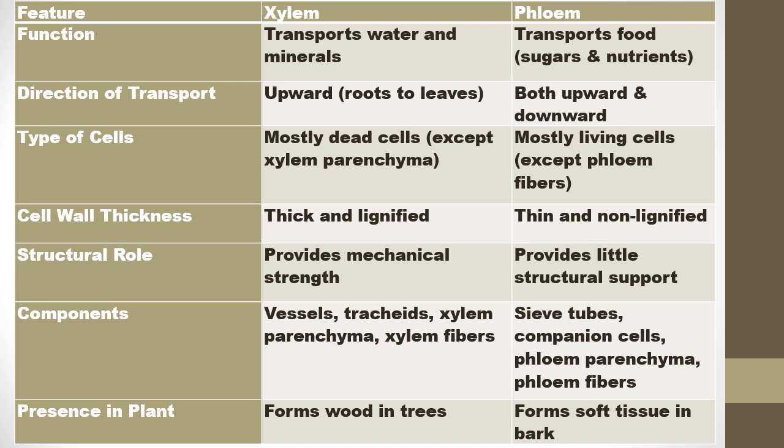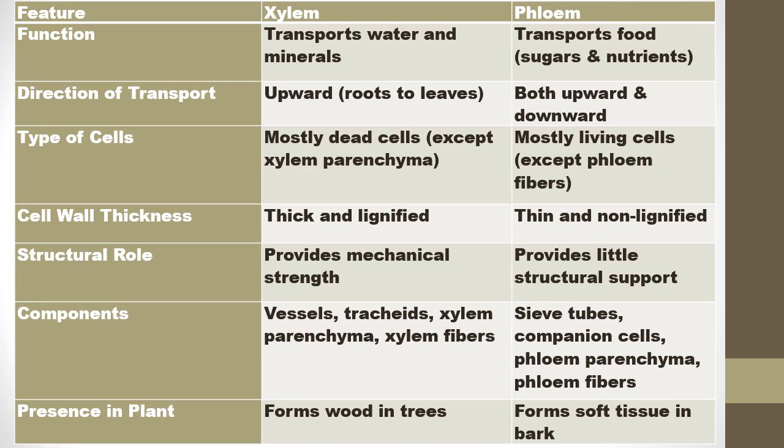So now that we have learned about both xylem and phloem, let's compare them to understand their difference better. So first, on the basis of function, xylem transports water and minerals, whereas phloem transports food. Direction of transport. In xylem, the direction of transport is in upward direction, that is from roots to leaf, but in phloem, the direction of transport is both upward and downward. Type of cells. Mostly dead cells except xylem parenchyma. Xylem parenchyma is the only living cells in xylem, whereas all other cells are dead cells. In phloem, mostly all are living cells